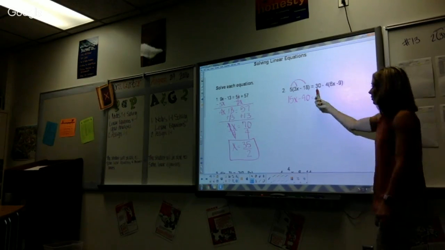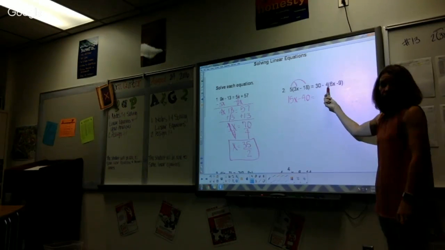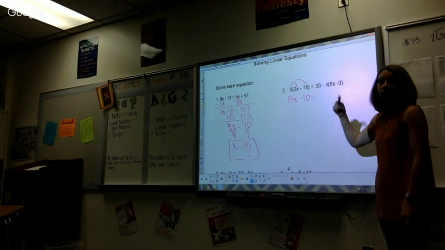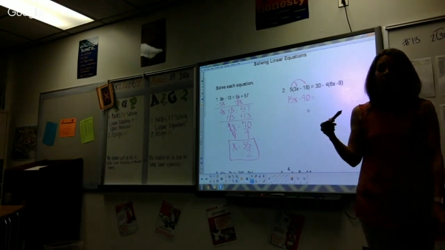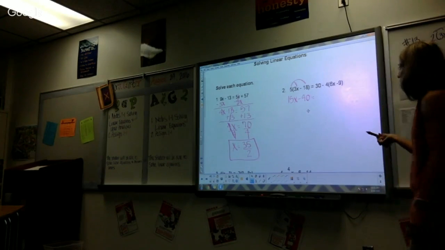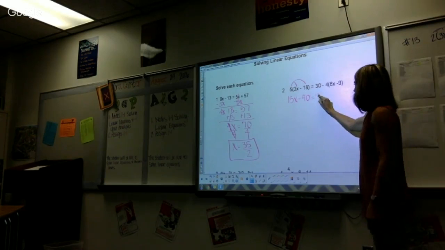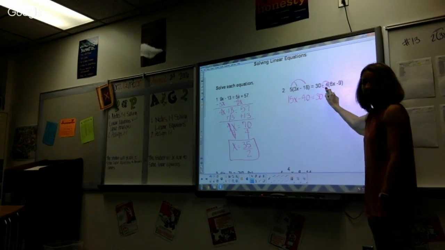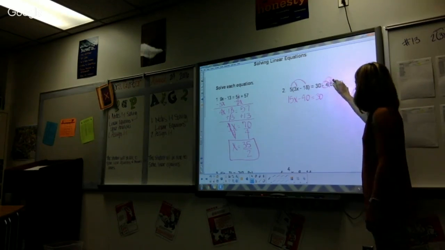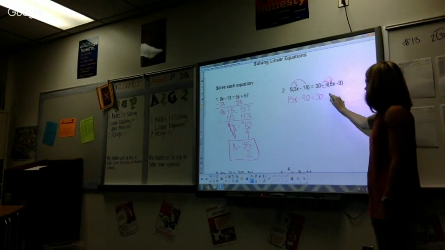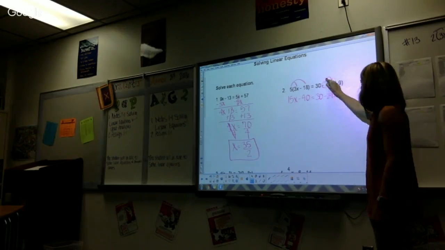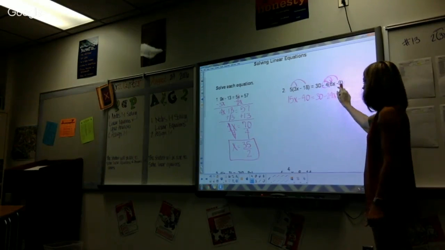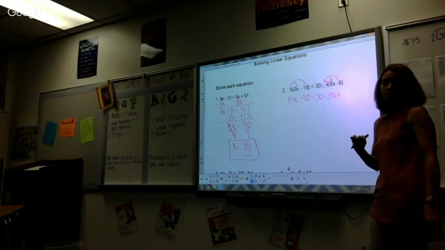Equals, now, some are wanting to do 30 minus 4 before they distribute, but remember PEMDAS, parentheses comes first, so we need to get rid of those before we can subtract. So I'm going to bring down 30, and then make sure you look at that sign in front of the 4. It's negative, so when I'm distributing, I'm going to take it with it. So that would give us negative 24x, and that will become positive because a negative 4 times a negative 9